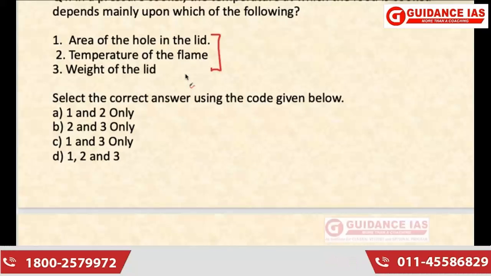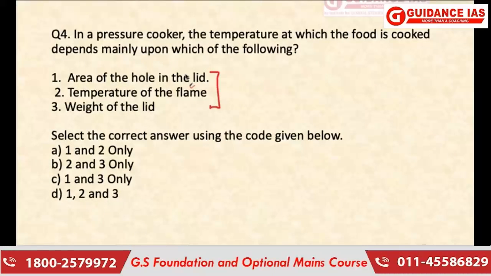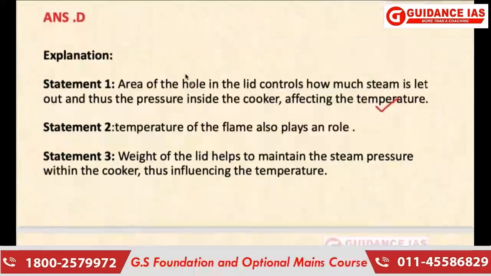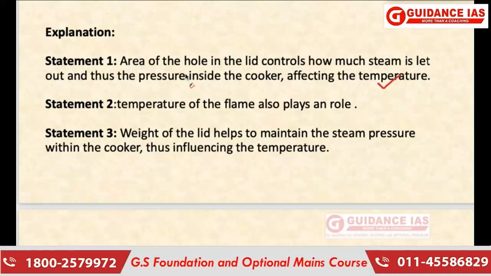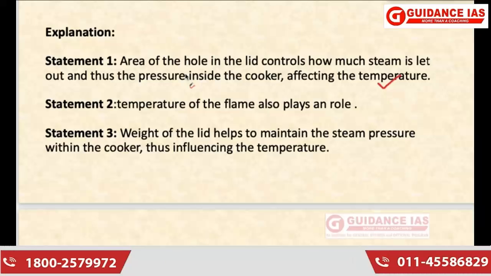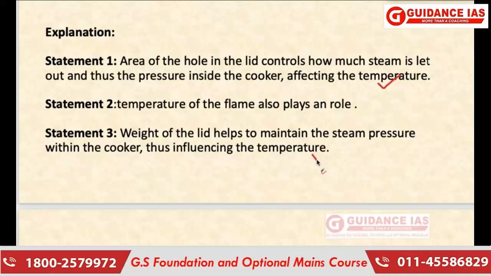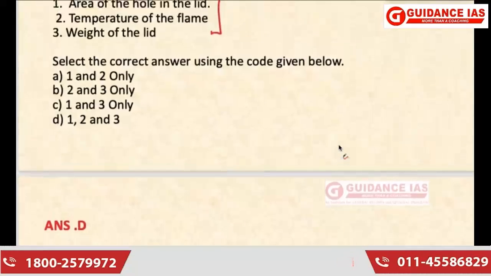Second, it says whether the temperature of the flame, ये एक dependent variable है या नहीं, the temperature. Let's look at this also. So this also plays an important role, hence making this option also correct. Third, it talks about the weight of the lid. So yes, definitely the weight of the lid also helps to maintain the steam pressure, thus influencing the temperature directly. So all three options impact the temperature directly or indirectly, hence making all the statements correct